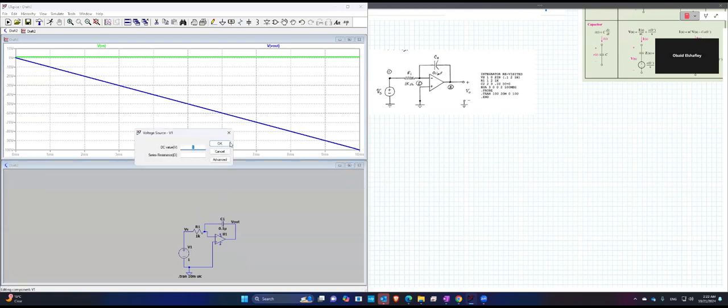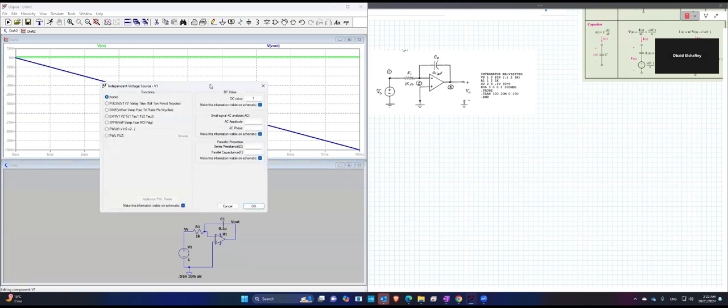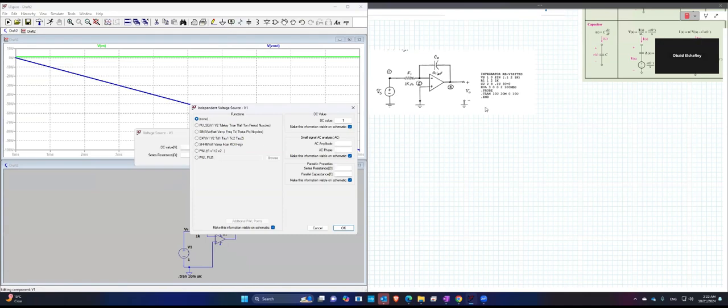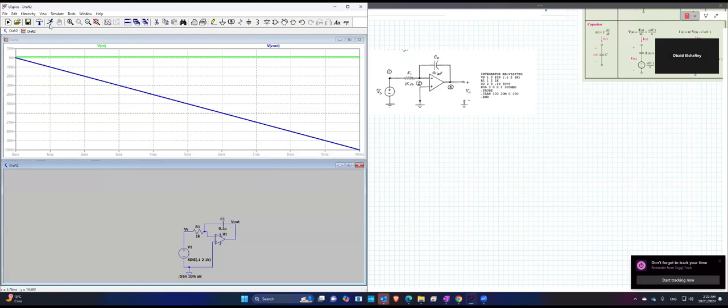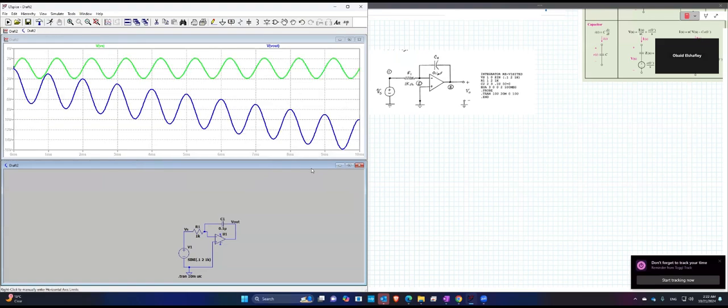Let's change our input from a DC input to a sine wave input with an offset of 0.1, an amplitude of 2, and a frequency of 1K. What happens when we run? Is this what we expect in the homework? If so, then that should be it. If you're not using an ideal op amp, you will have to feed your op amp with a